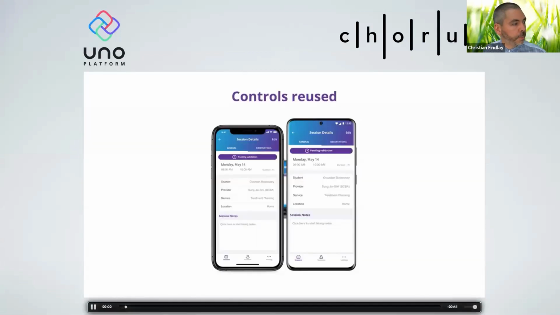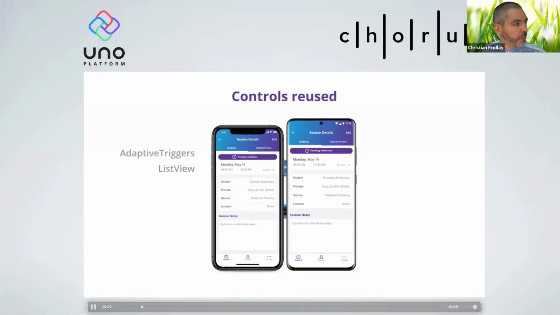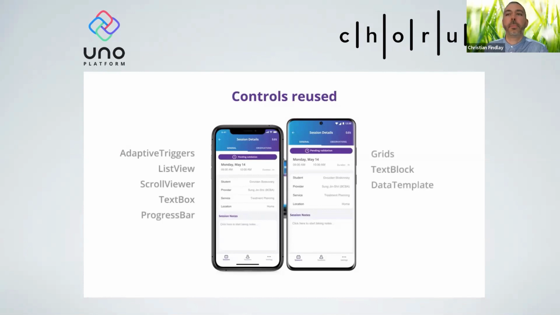Okay, I'm just going to show you a little bit. So I've got a question there about what an app would look like if it targeted all platforms. This is a perfect intro, actually. This is an app that I'm actually working on at the moment. I didn't build this app, but I am working with this company, Chorus. They have been building an app on Uno platform, and we can give you just a little bit of a look. This is actually the application here.